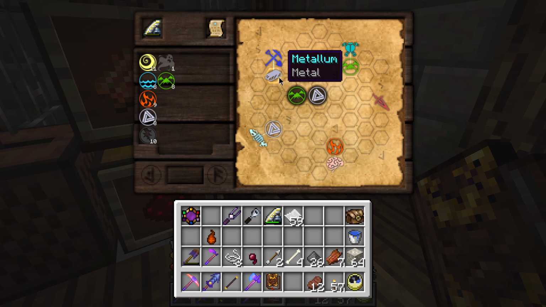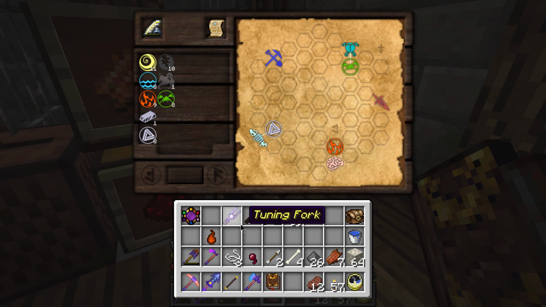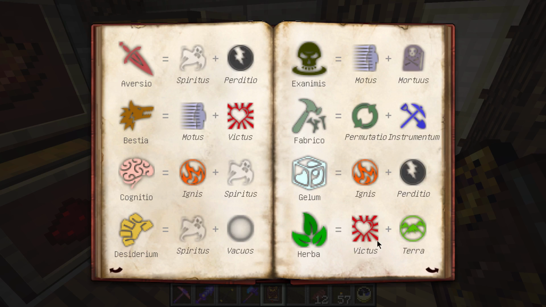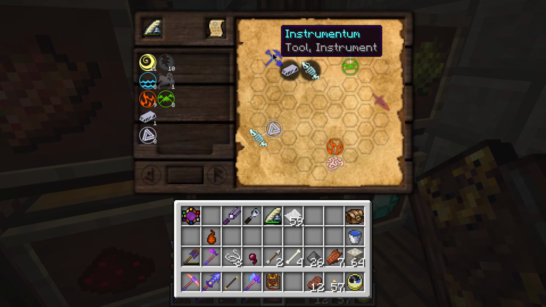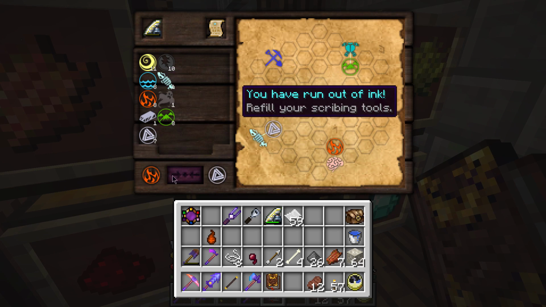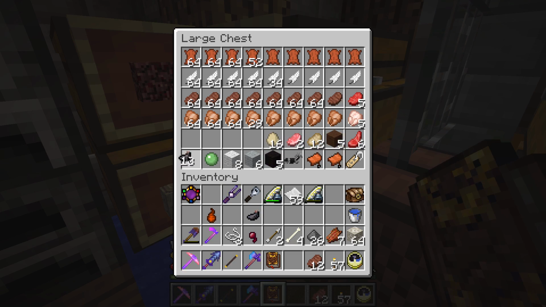So which means... Yeah, okay, we can't go Potentia, we can't go Metallum. So we will have to go Fabrico right there. What was the recipe for Fabrico? I've kind of forgotten it. Fabrico, Permutatio, Instrumentum, okay. So that's going to be fairly difficult there. Potentia, we can get some of that. Oh, we've run out of ink, so we'll go ahead and just quickly fill that up from the ink sac